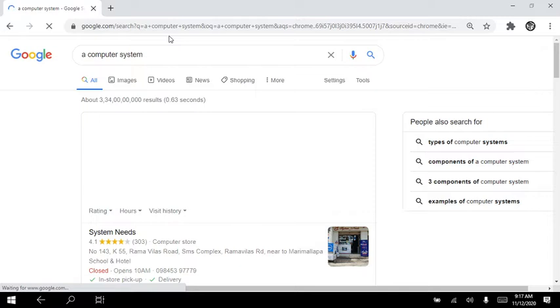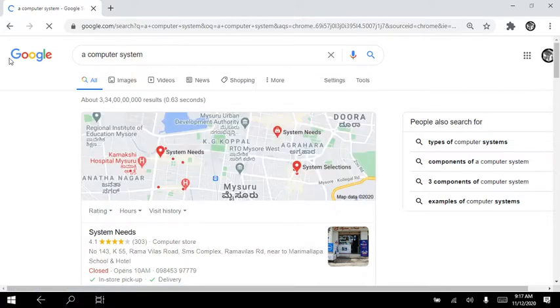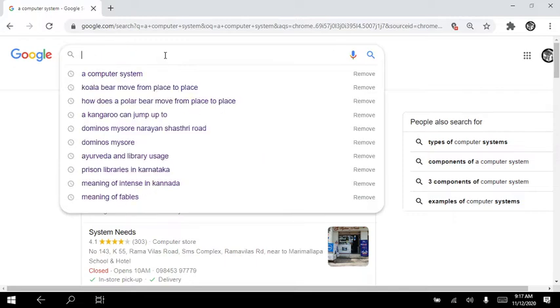So computer is an electronic device which takes in the input, processes it and gives the output. That you already know.